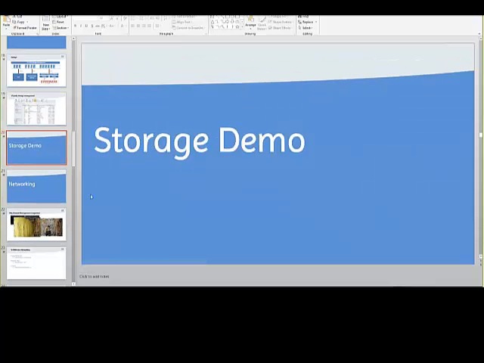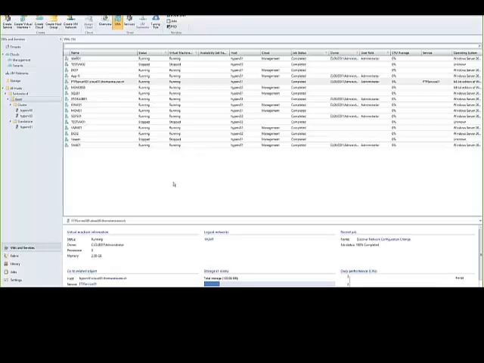We move to my demo environment here. For those who don't know, this is the Virtual Machine Manager console. I already added some Hyper-V hosts to create some virtual machines. Before we go to storage management, on the left side we have different tabs for VMs and services, a fabric part, a library, a job view, and settings.